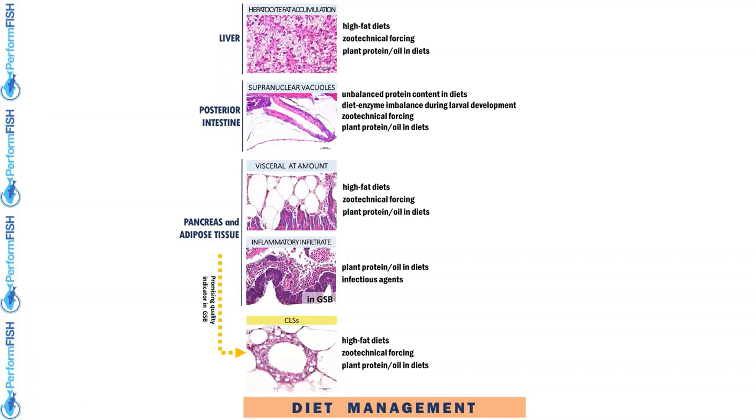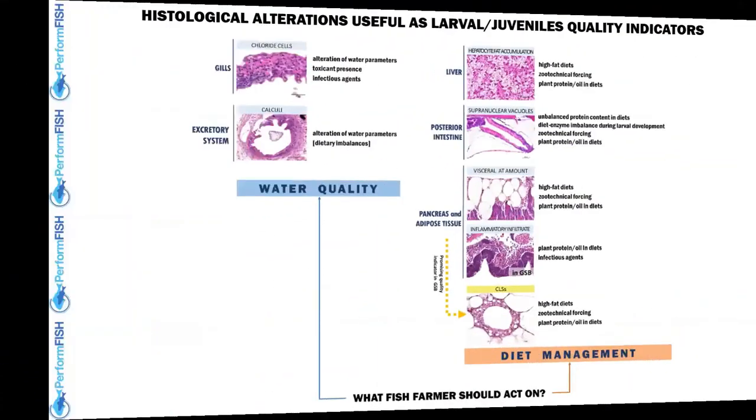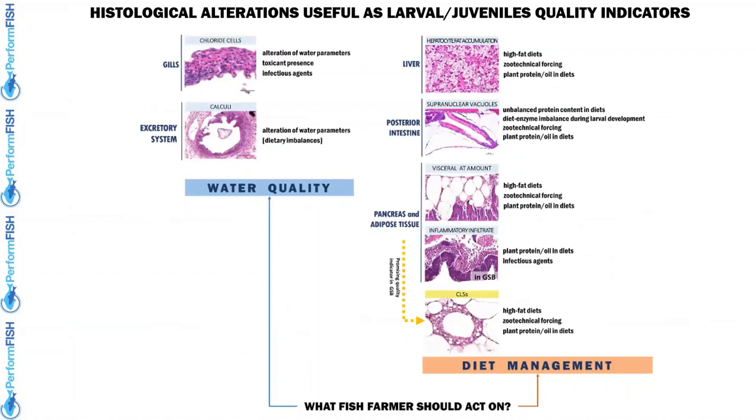In fish, they have never been described, and we are trying to characterize and investigate them further, because if their significance in fish is the same as in mammals, they could be an interesting marker of quality, most of all for gilthead sea bream. Okay, finally, in this picture, we summarize what we think is useful as a quality hallmark and what factors the fish farmer should investigate and act on to solve the problem, with respect to this descriptor.